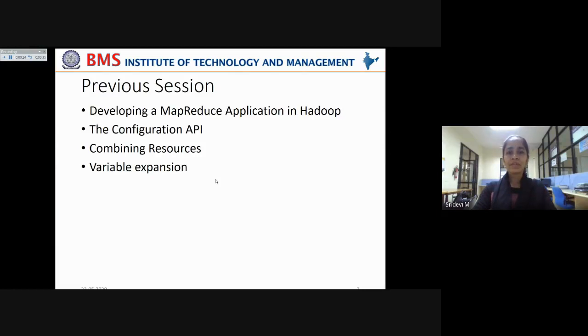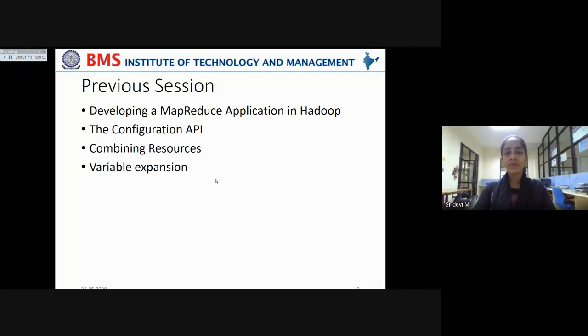Now, if you give a second resource, that will actually override the already mentioned resource. But if you don't want some properties to be overridden, then in the first configuration file, you can give it as final so that the next added resources properties will not actually override the old properties. Okay, that we have seen in how to combine the resources and also the variable expansion.